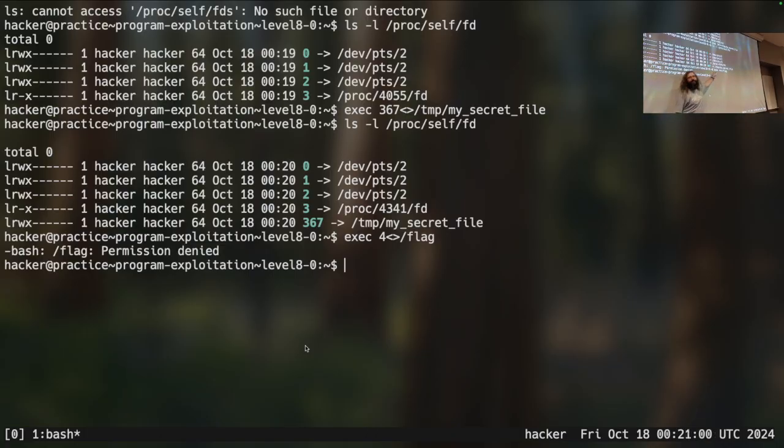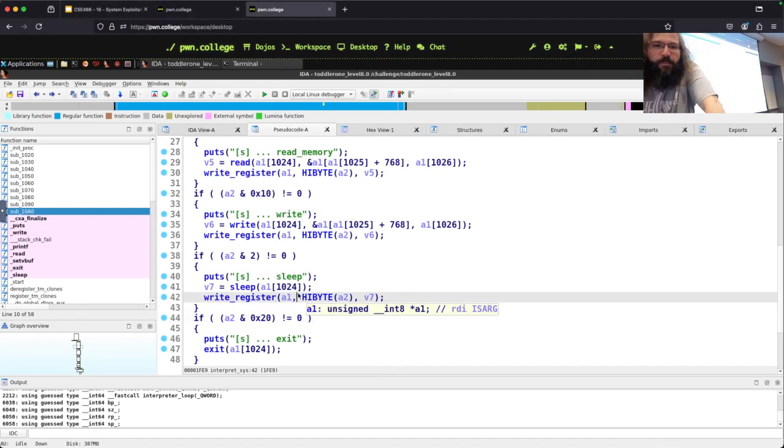I don't know why you have to use exec. It's a ridiculous bash thing. Exec is the command to do this, because if you typo it, you'll just lose your terminal. But yeah, bash is the one that's doing this, and bash doesn't have permission to open the flag file. So you can make file descriptors available in child processes if you have permission to open them. That's something I would consider here.